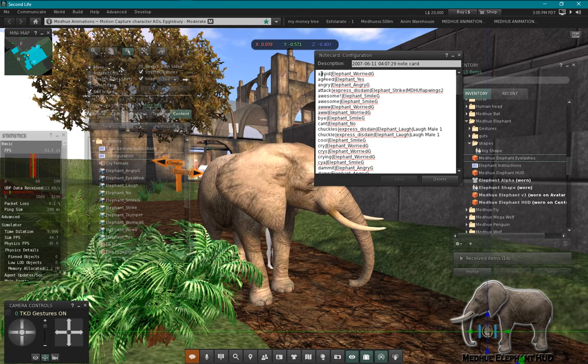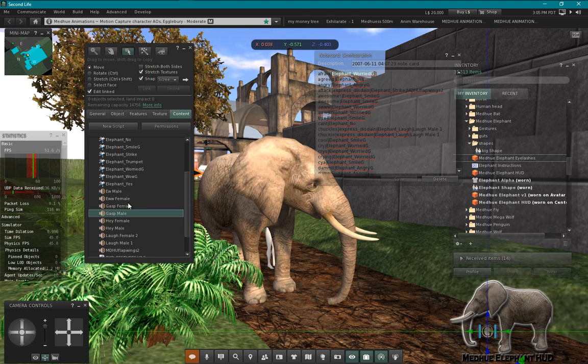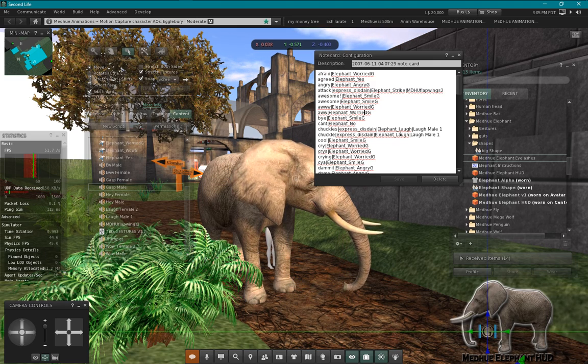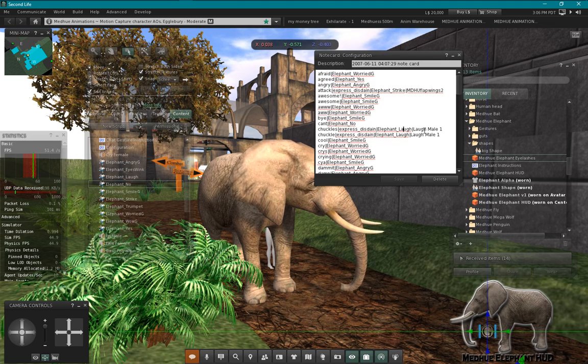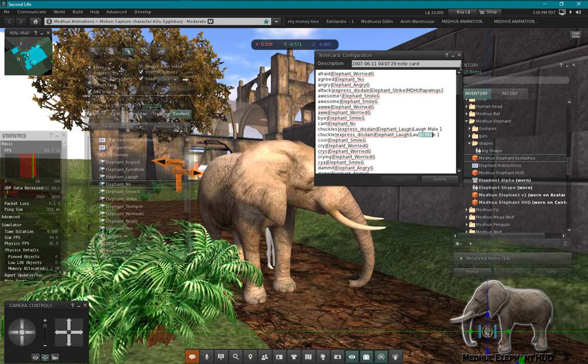The first word is whatever word you want to use, and then the second slot is for the animation you want to use. So there's a list of animations in here, and I also included a bunch of sounds that you can connect. Sounds, you need actually 4 different pieces to add the sound. You need your word, some animation, usually a default expression I just use to fill the space. It's not going to do anything. Then I have the elephant laugh, or any elephant animation from this list here, and then I can add in the sound. So this HUD is I made for myself and uses a bunch of male sounds in the chat